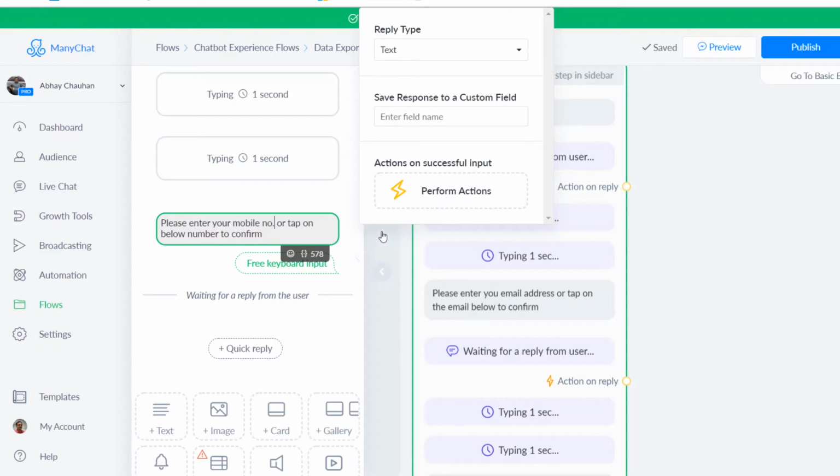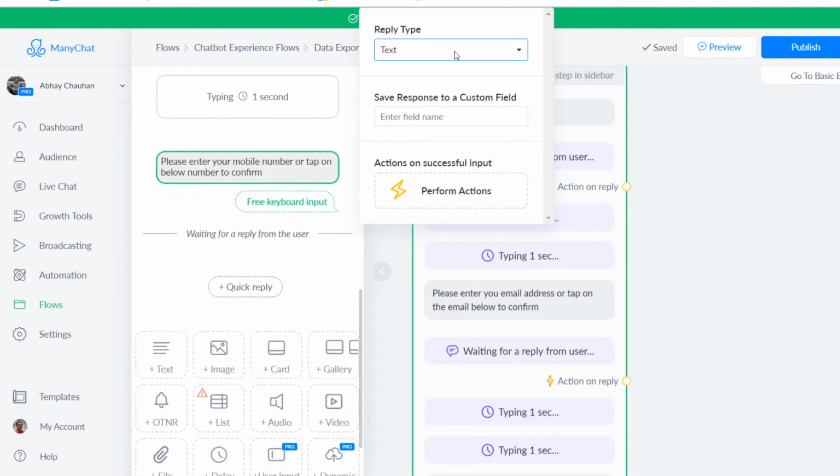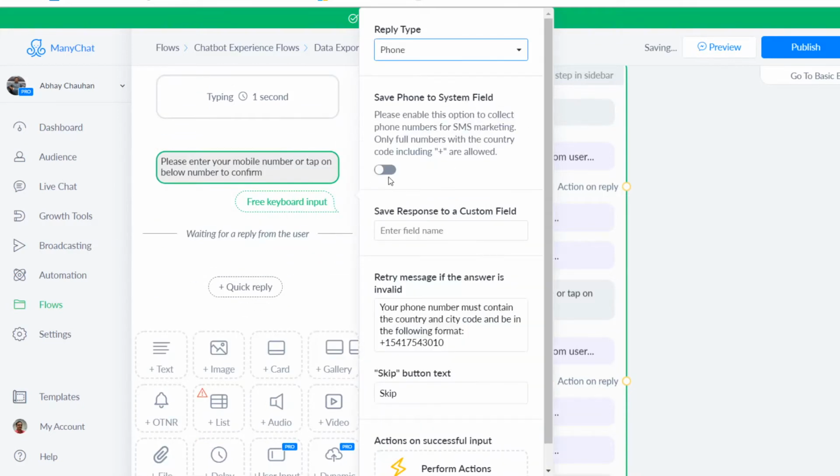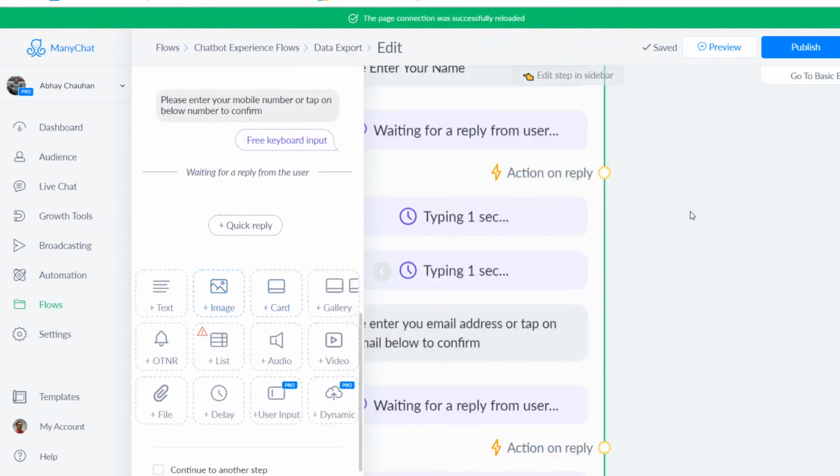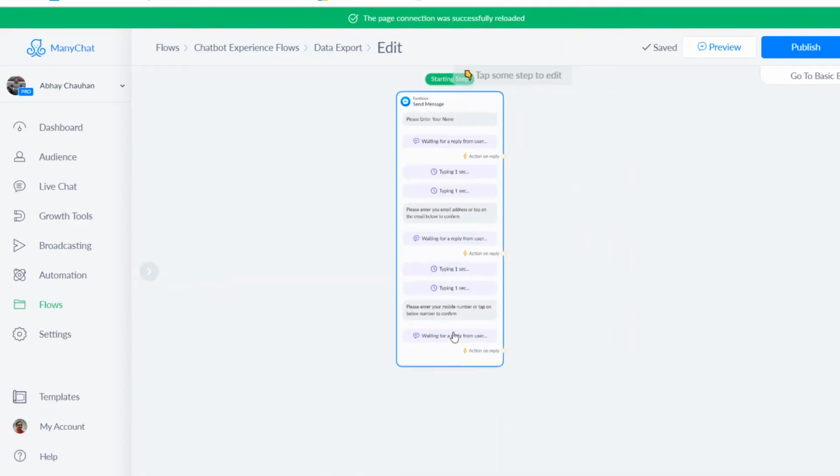Mobile number. Remember guys, don't use shortcuts, right? So this is a system field, we'll put it in the same system field. This is the type of reply, and this is the field, right? And we'll remove this skip button so they cannot skip, right? So this is how we get the data.